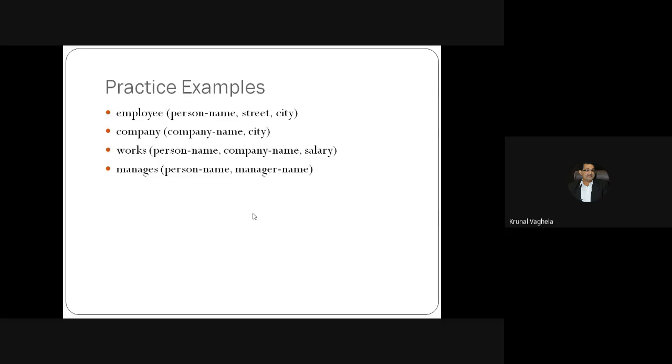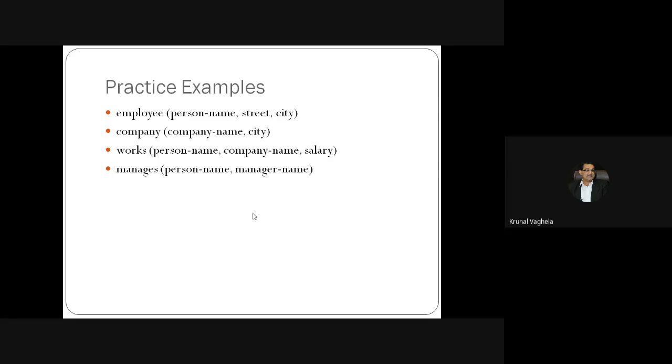Let me show you the table. So how many tables do you want? Find names of the customer, meaning employee, whose city is equal to the company city at which they work.